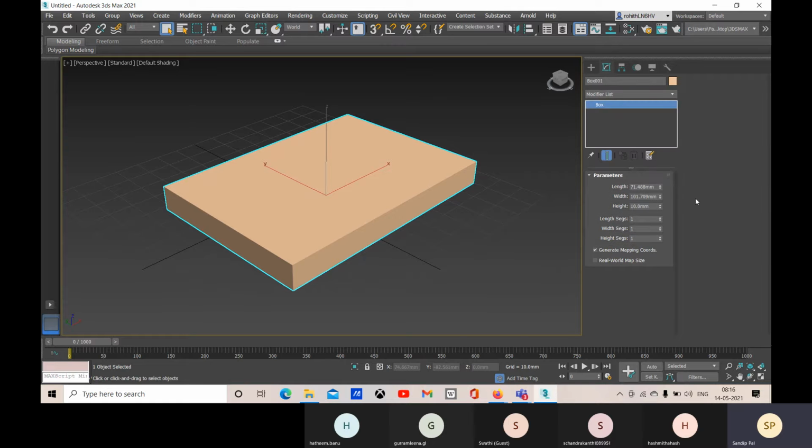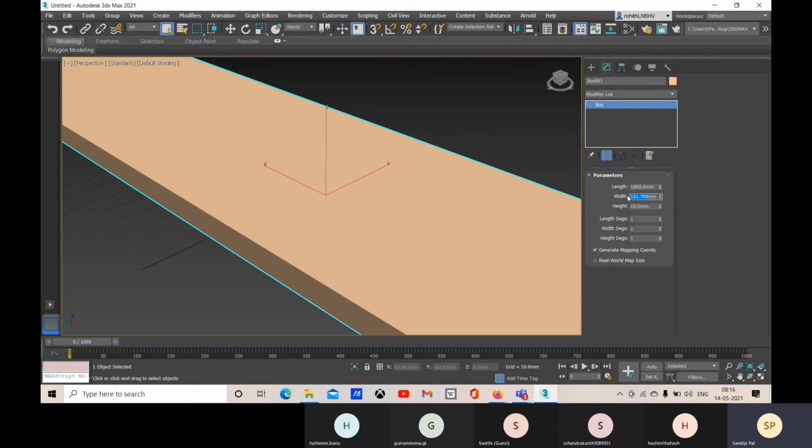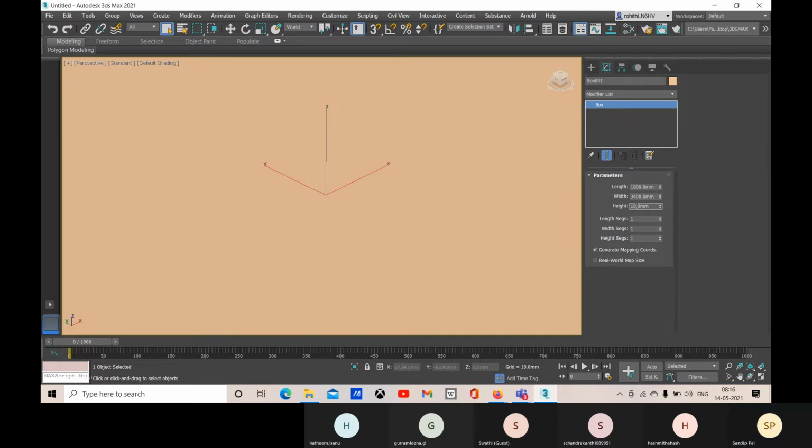So let's change the parameters and let's give it a proper length, width, and height. Let me go for like 1800, and width I will define like 3400, or else 3500.